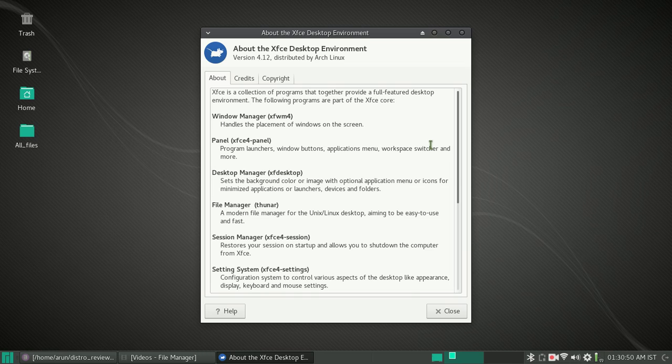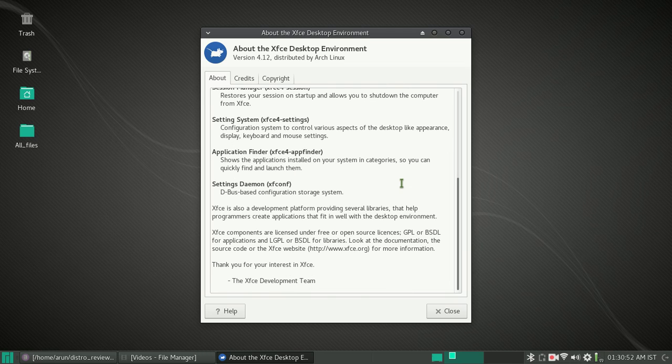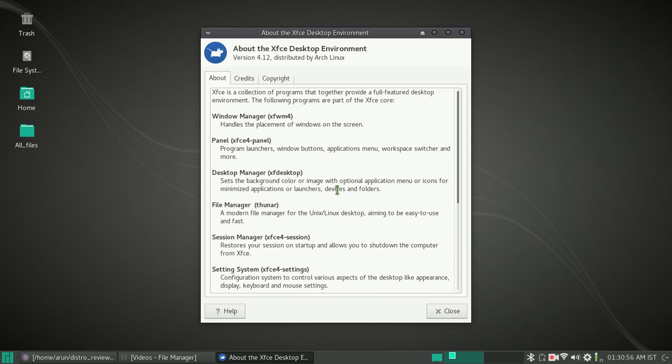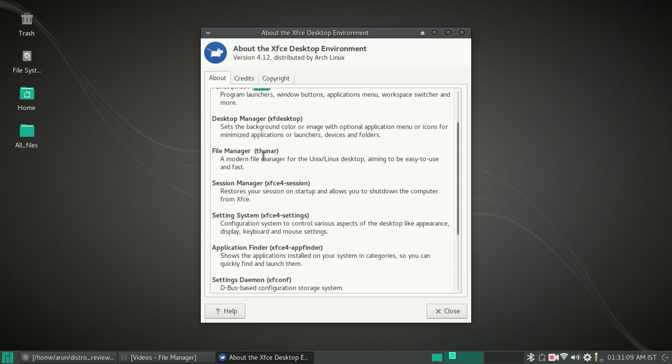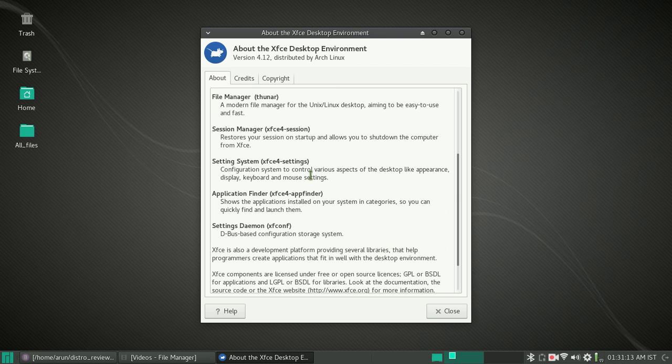You have this information about the XFCE environment over here. You get to know what all is available. So this is what the XFCE environment comes with. It comes with a window manager, a panel, the XFCE 4 panel at the bottom, this one, and then you have a desktop manager that manages everything, and you have the file manager, namely Thunar, and then you have a session manager, a settings manager, and application finder, which you just saw, and then some